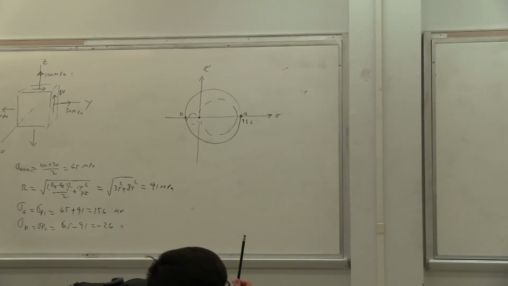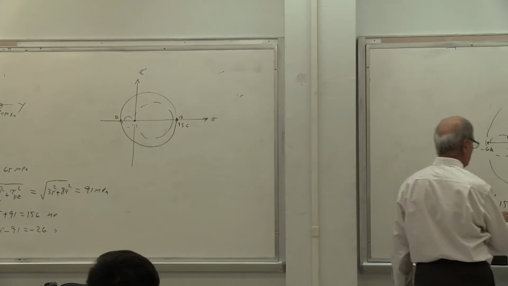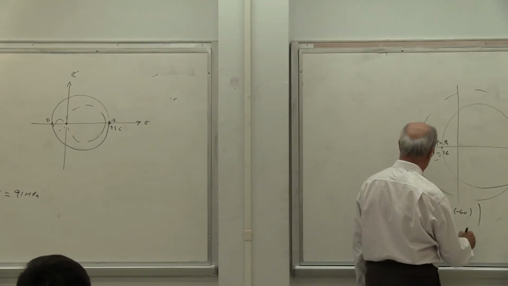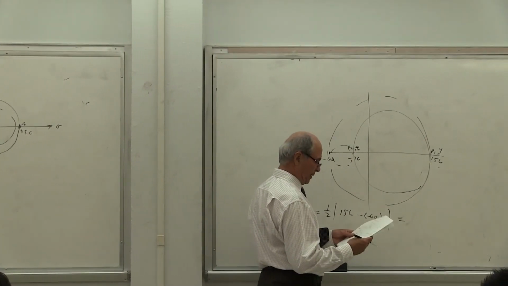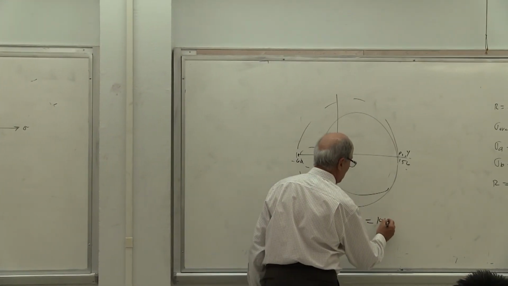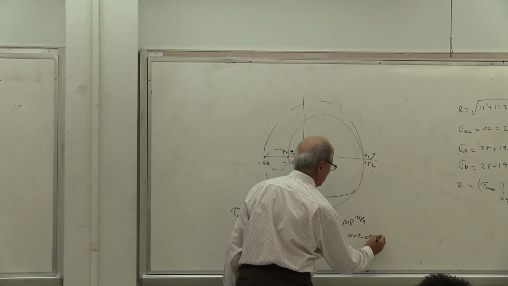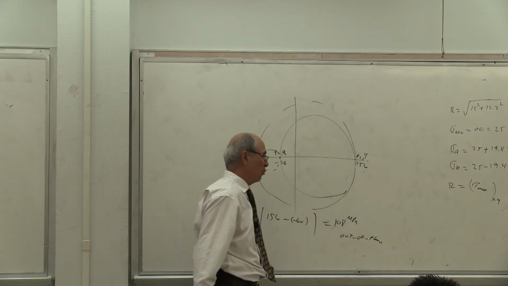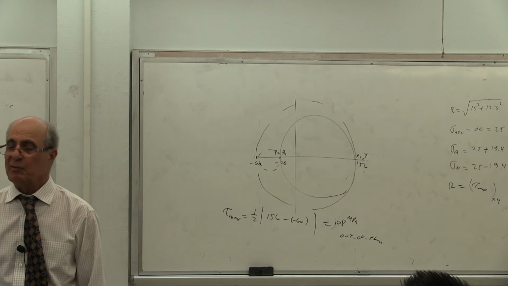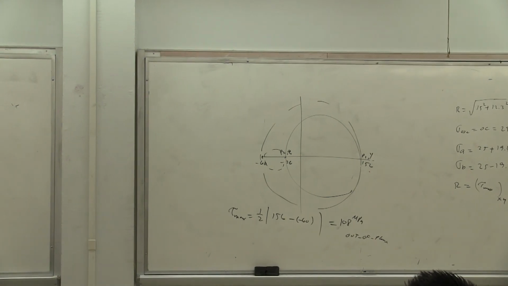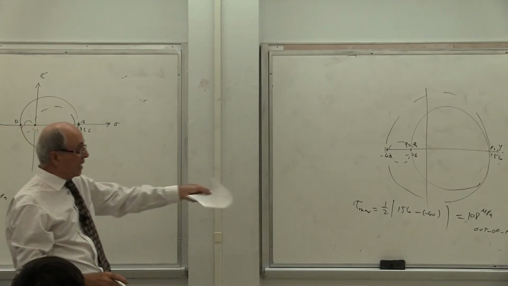Everybody understand what I'm saying, yes? So therefore, for the second problem, this becomes 60 plus 156 divided by 2. So that becomes equal to, how much did we get? 108. So 108 megapascal out of plane. It is out of plane because our original plane was YZ. This is not YZ certainly. Is that correct or not? Yes? This was the rotation about the Z-axis. Is that correct or not? Yes? And the value of that one.